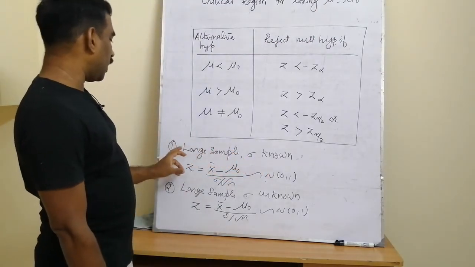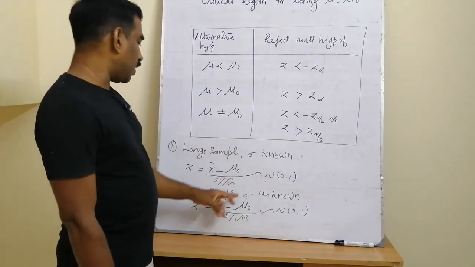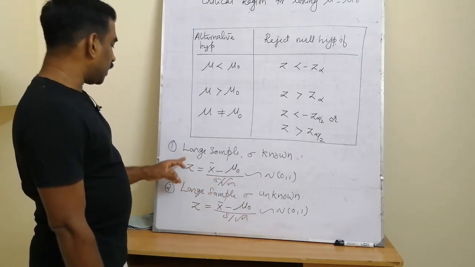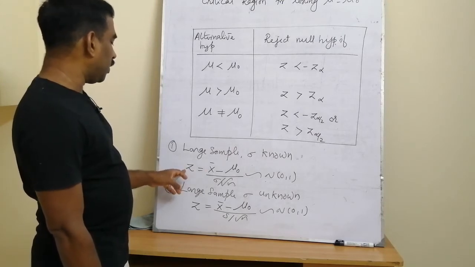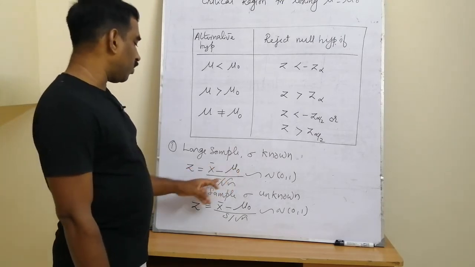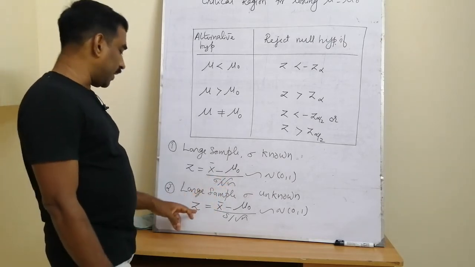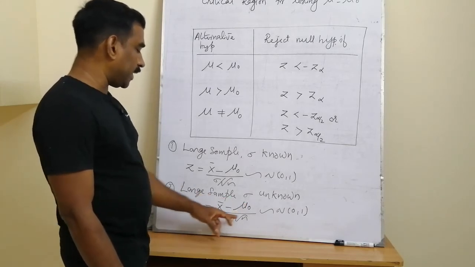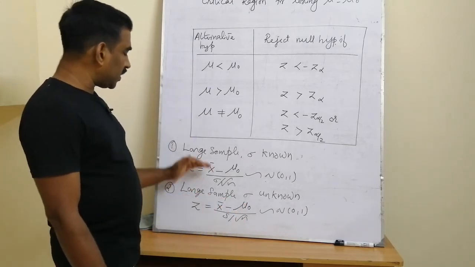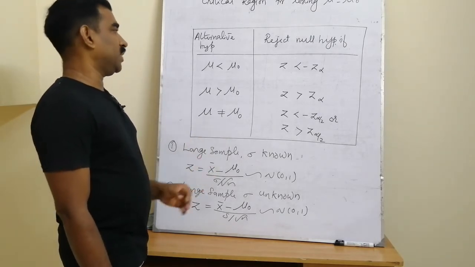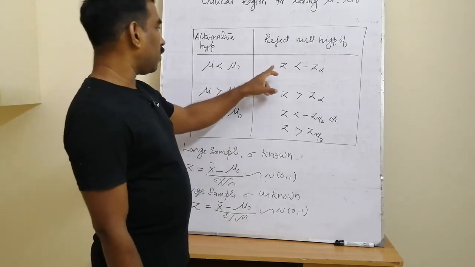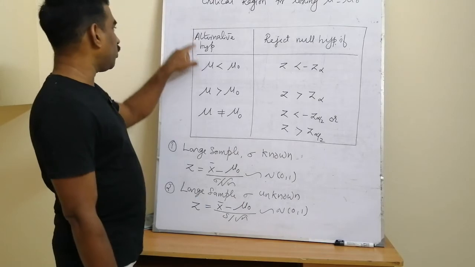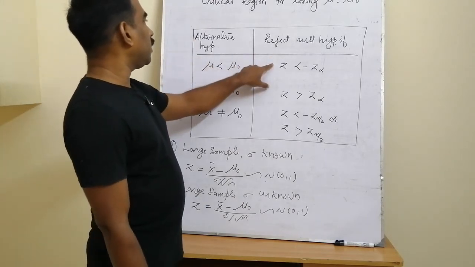And two situations whenever we are considering a large sample with the sigma known and a large sample with the sigma unknown. For large sample with the sigma known case, this test statistic or this computed value of the random variable is given by the formula x bar minus mu naught by sigma by root n. And for sigma unknown case, the computation is based on this formula x bar minus mu naught by s by root n. And after computing this test statistic value, we have to make the decision, and that decision is based on the value of Z alpha or Z alpha by 2,